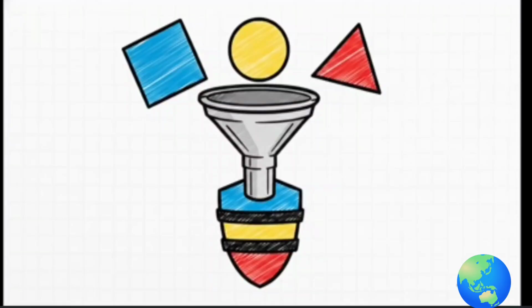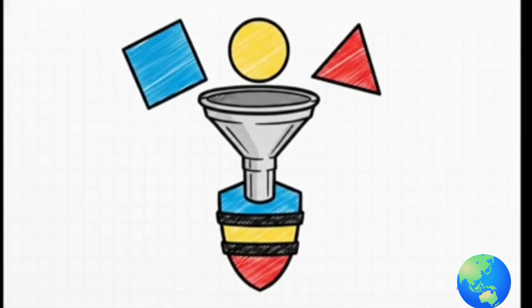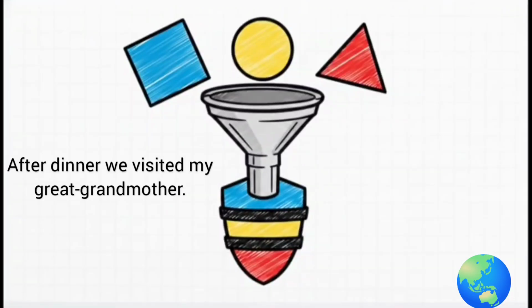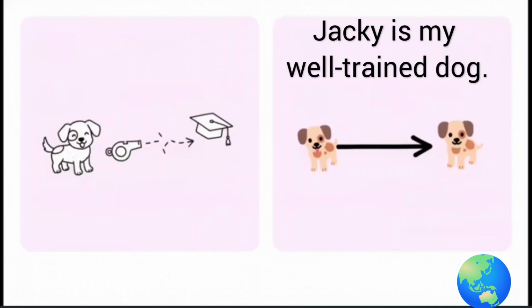We see this exact same mechanical necessity in another textbook exercise from our source where great grandmother must become the hyphenated great-grandmother to function properly. Now observe this next example with the dog. Notice how the two separate modifiers preceding the noun dog absolutely require a physical bridge. Without that hyphen, the word well modifies trained, but the connection to the noun dog is slightly fractured. It just doesn't work out.